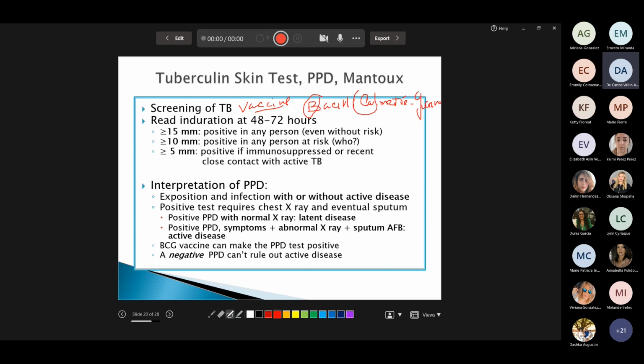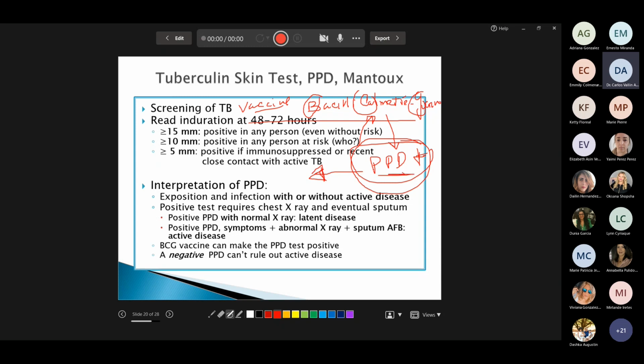Acronym BCG. Is it true that a person that has received this vaccine recently could have a positive PPD? Yes. But we don't know if the PPD is positive because the person received the vaccine or because they have the bacilli sleeping, because this person is coming from the third world. In the third world, tuberculosis is frequent. And we cannot differentiate if the positivity of the PPD is because of the recent vaccine or because they acquired the